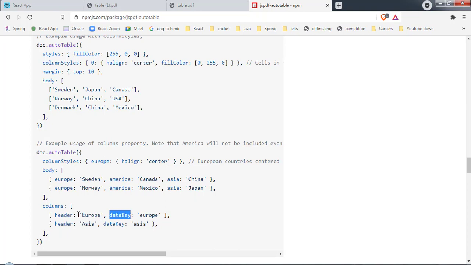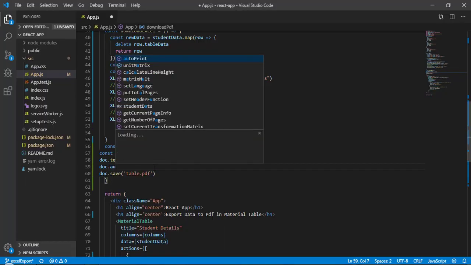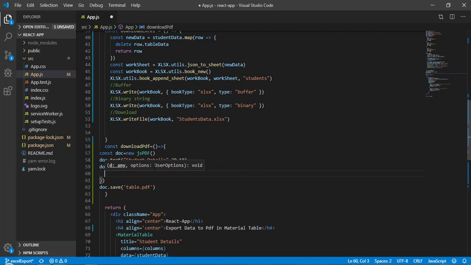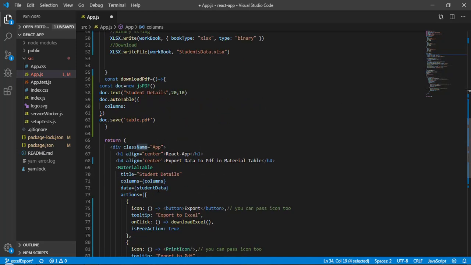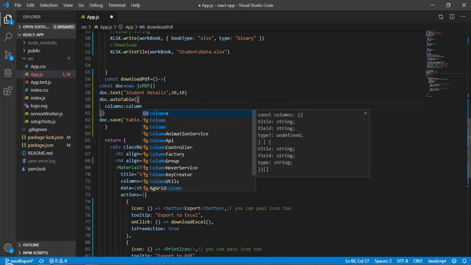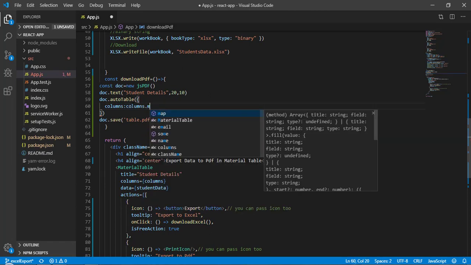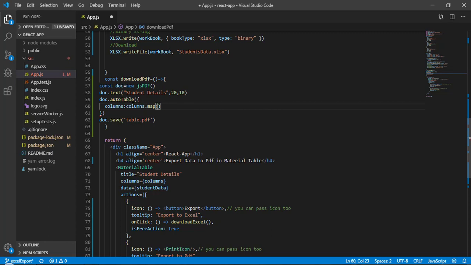Okay, so here first of all let's do this dot auto table, and this is going to take an object. Now here I will write columns, and now I have to provide the column definition. Already I am holding my column definition here. So I will write columns dot map, and this is going to give me a column object.